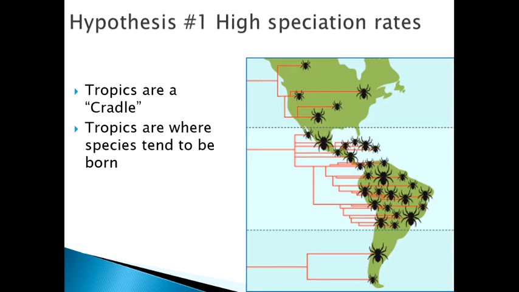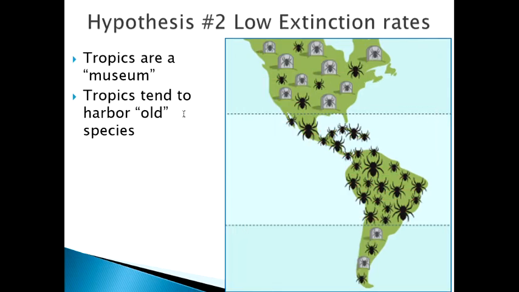Hypothesis number one is that the tropics are a cradle. I love that metaphor. Think about that. That just means that the tropics are the place where all these new species are born. So, the tropics have more by this hypothesis just because more are born. The second hypothesis would be that there's low extinction rates. Here, the tropics are considered a museum, meaning you have species that are born here, but then they linger on,